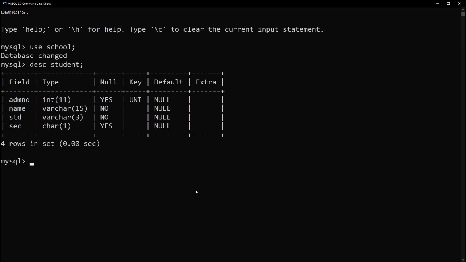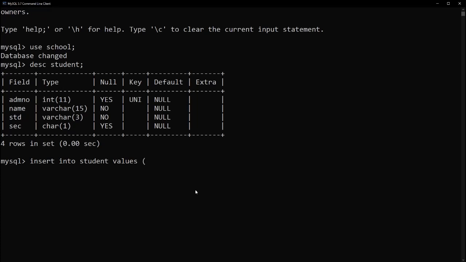Now let us go to the next step of inserting the values into the table. And the syntax for inserting values is insert into followed by the name of the table. And in our case, the name of the table is student. Then values. Now I repeat again, insert, into, values, all are keywords, and you are not supposed to make any mistakes in these words. And of course, student is the name of the table. Whatever name you have given to the table, you can give as it is.